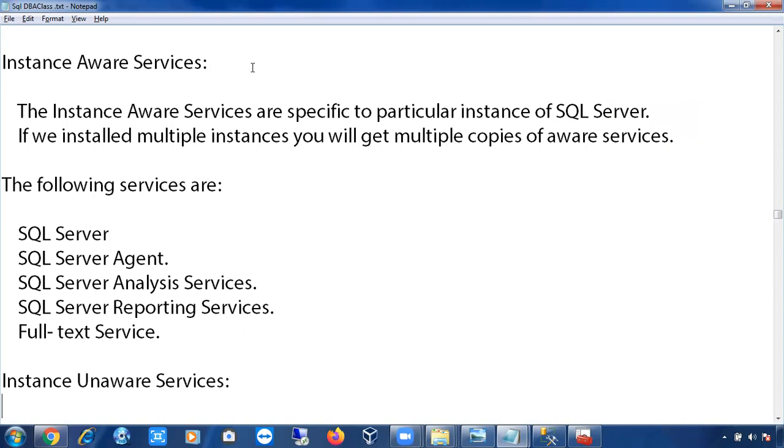Let me know if you have any doubts in the data file architecture and log file architecture. Clear, right? Fine. If anything is there, just let me know. If you have any doubts, you can ask me. Just 1 minute.